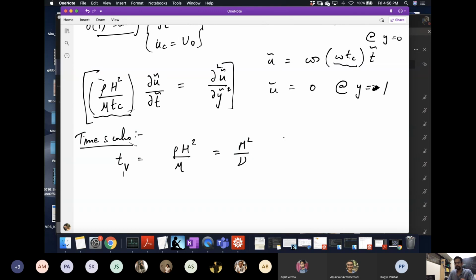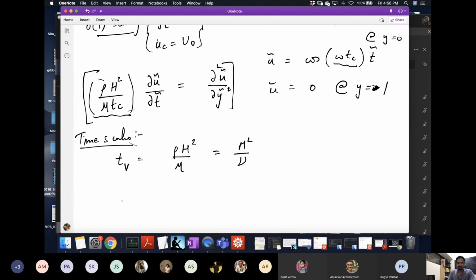And even from the actual quantities involved, it makes sense. The height of the channel is h, and nu is the kinematic viscosity. It tells me how quickly the momentum is being transferred. And so the time scale is coming from here. A big h, a large channel height, means it takes a long time to reach the wall. A more viscous fluid means it takes less time because the momentum is diffusing faster. So it's a diffusive momentum transport time scale.